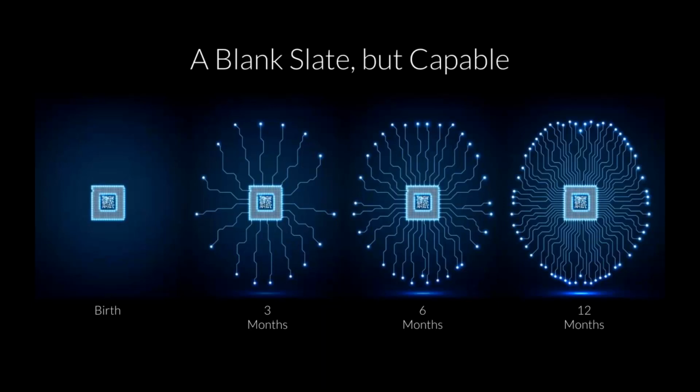So, an AI has a very similar growth trajectory to a human brain. On day one, when an AI is born and plugged into your retail business, it's pretty much just a blank slate. And at this point, the AI knows nothing about your shoppers or the unique market that you operate in. It only has the potential to learn, nothing more. Over time, as the AI is exposed to data, interactions with shoppers, and is told what its goals and objectives are, it begins to learn and create connections, very much like the brain of an infant. Over time, its understanding of shopper behavior matures and becomes more and more intelligent until it reaches its apex maturity level.